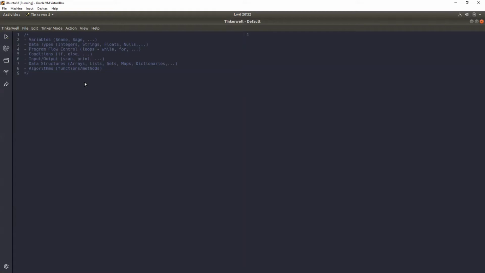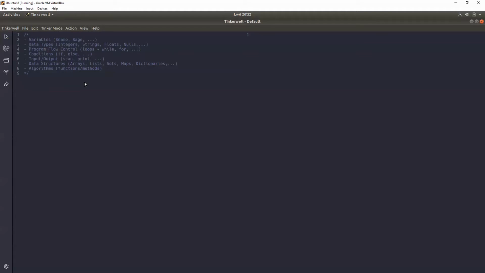You have strings, like words and sentences. You have floats, those numbers with decimal points. You have nulls. There are very many data types, as we are going to look at them. You can also create your own data types. We shall be looking at all of those.